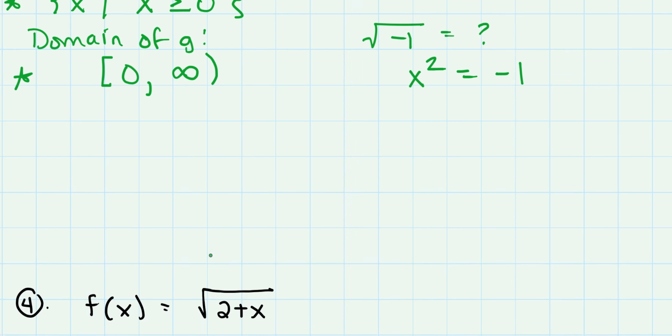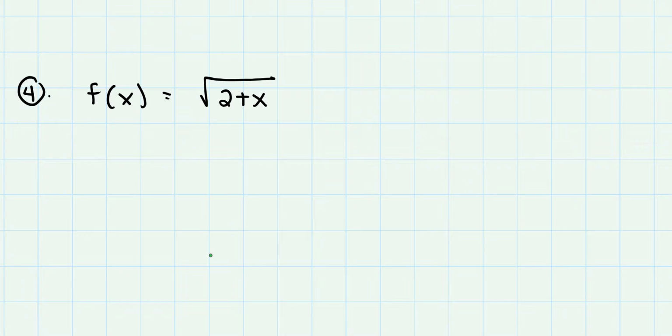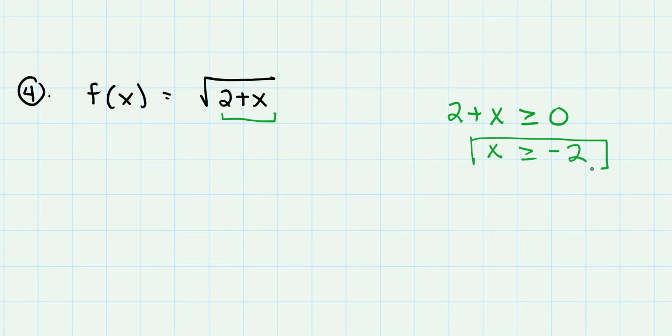So we're going to do a lot of examples. Here's the next one. I have f of x is the square root of 2 plus x. This is very similar to the last problem. So what can you not put in for x? Remember that this whole thing, 2 plus x, has to be greater than or equal to 0. So what does that tell you about x? Because that's what we're trying to figure out. The domain is the values of x. So if we move the 2 to the other side, we see that x is greater than or equal to